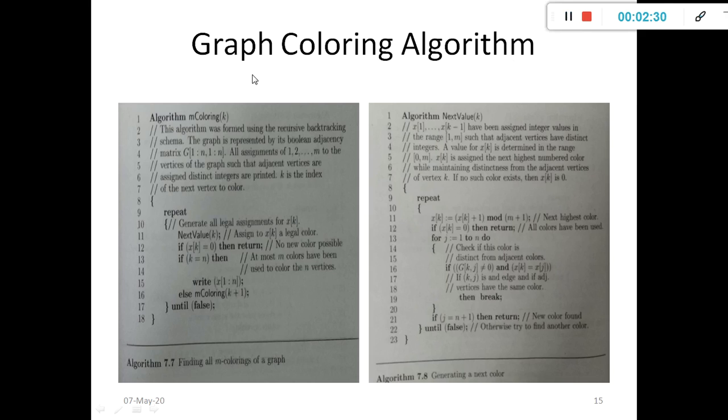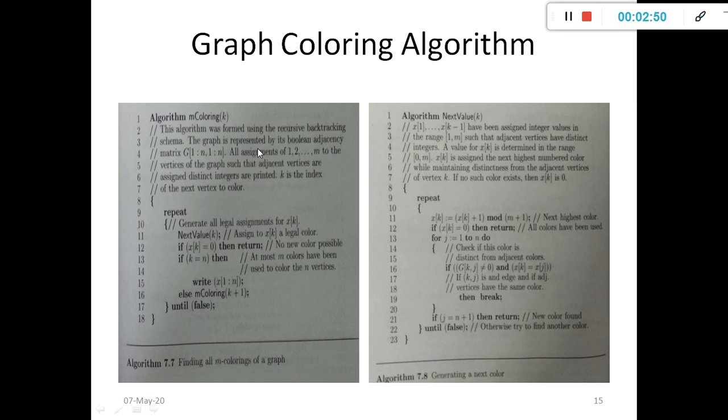Let us discuss the algorithm for graph coloring. The algorithm mColoring takes input K, where K is the index of the next vertex to color. First you have to convert your graph into an adjacency matrix using Boolean values.